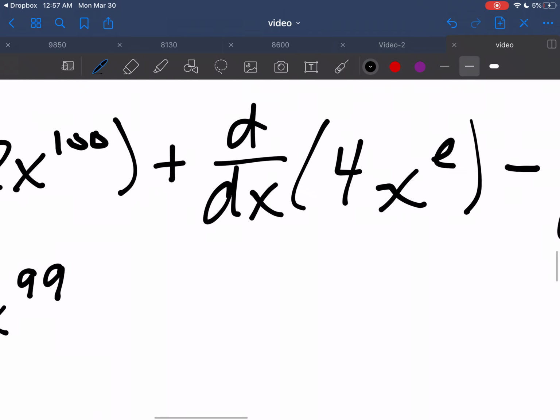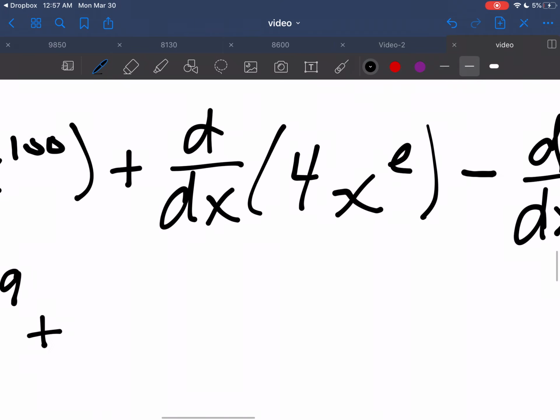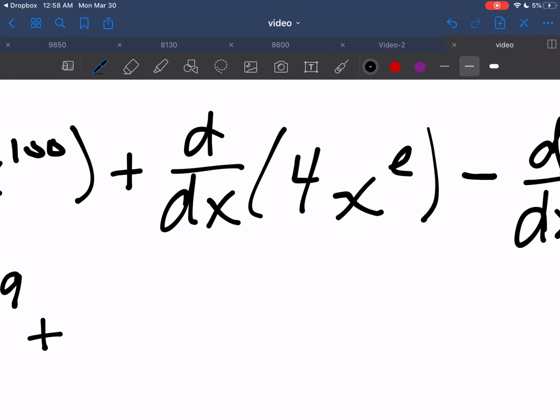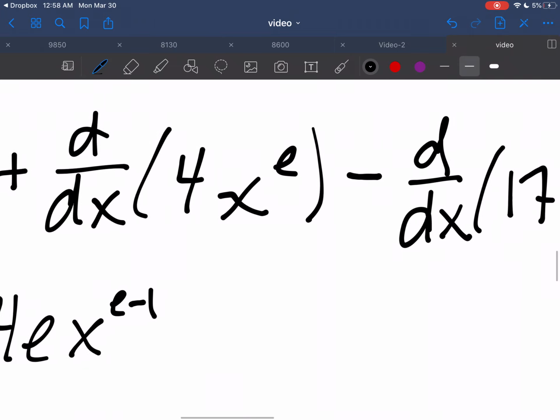Then it'll be plus, and with this one it's still a power rule, so we'll bring down the e. So we have 4e x to the e minus 1. Just like pi, with e being that irrational number, it's easier to just leave it as e minus 1. And then minus